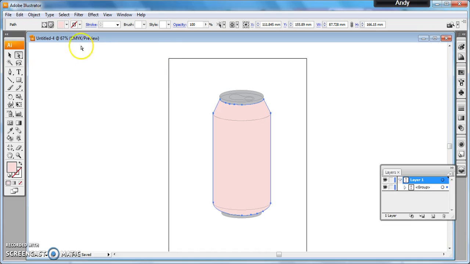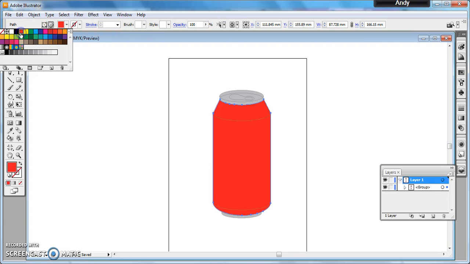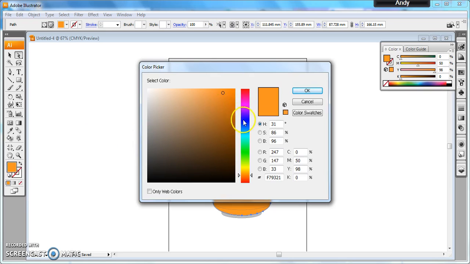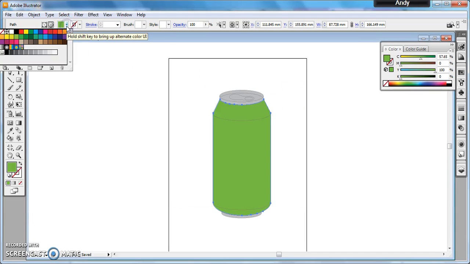So to colour that now, I can use my colour palette, or to colour any shape. So this is basically showing you the gradient tool, but for this I'm using a can. I can change it using the colours in the palette here, but I would like something a bit more realistic and a bit more 3D looking. Other colours are available in this palette here. If I double click, there's a whole choice of every colour you can imagine. But as I say, I'm going to go for something a bit more 3D,